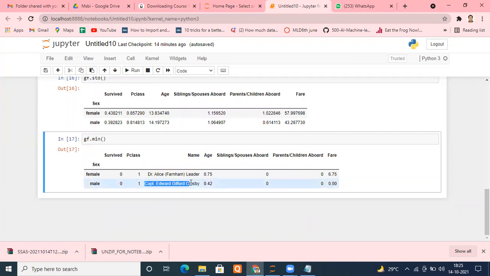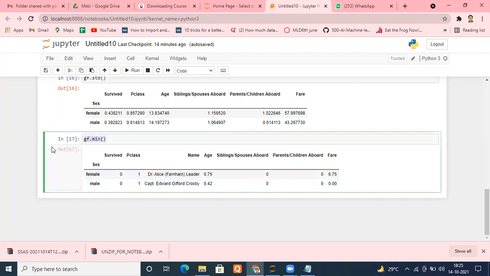Why? Because in this case it is treating alphabets as numbers from 1, 2, 3, 4 up to however many characters you have, from A to Z. Similarly, if I do max, you will see now I'm seeing D and C, right? For the females, it's starting from D. For males, it is starting from C, right?